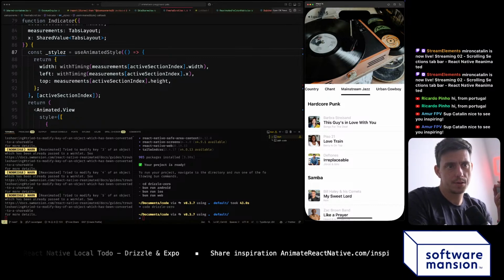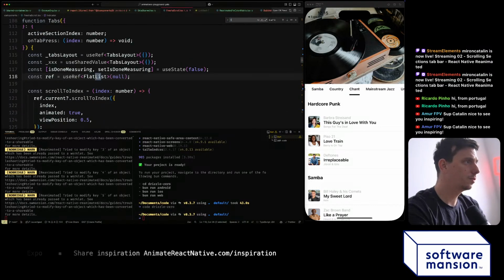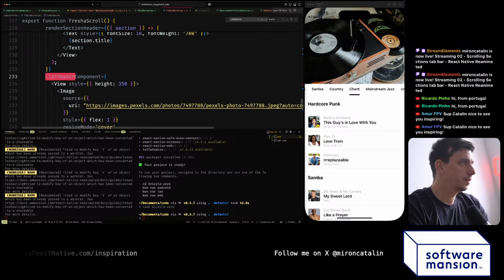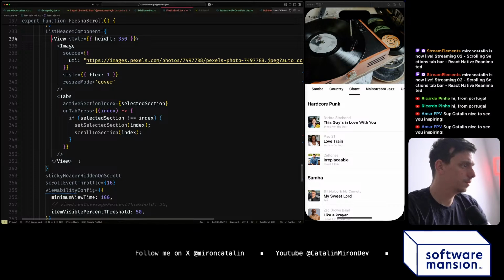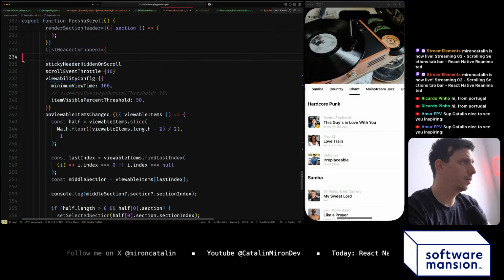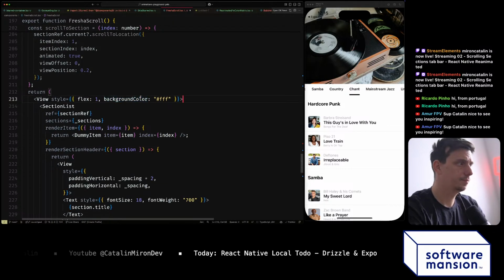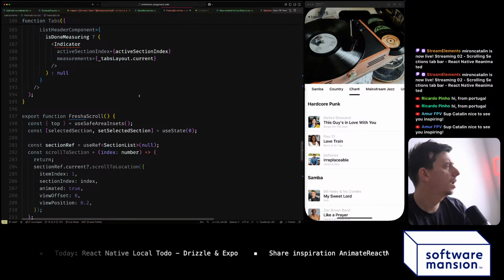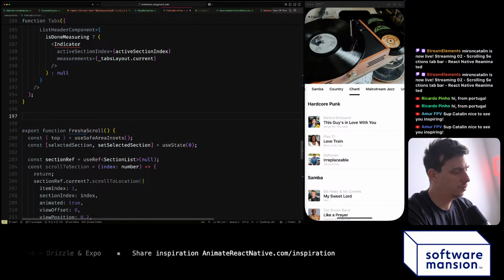So we have the tabs. They work pretty nice. And now what I would like to do, list header, not this one, but this one. So basically I would like to, let me close the thingy. So this part I would like to move it outside, or component. Yeah, maybe. Yeah, let's do a component. So I'll do